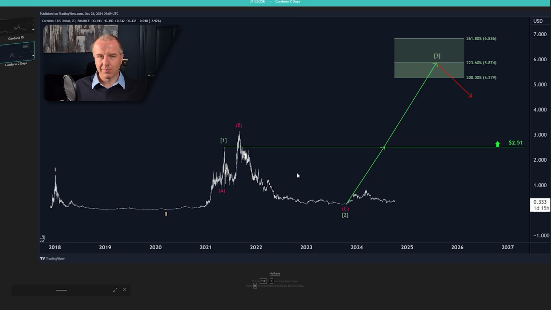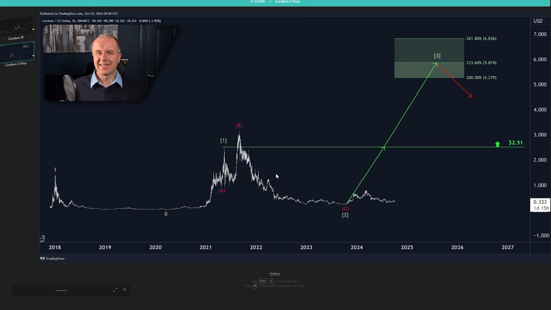Major, let's say, breakout point or key level on this long-term chart is still $2.51, and the minimum expectation for a third wave rally is the $5.27, $5.28 level. That is one of the key Fibonacci extensions here relevant for a third wave. But please note, because this is a so-called 1-2-1-2 setup, once this third wave is done, there should be a wave 4 and a wave 5 of a larger degree third wave and another 4-5 pattern. So there is a lot of room for growth.